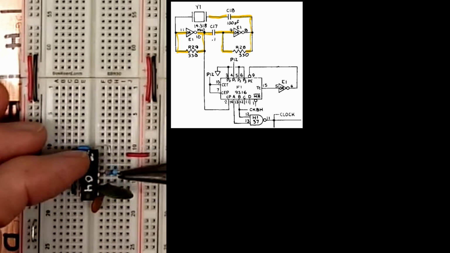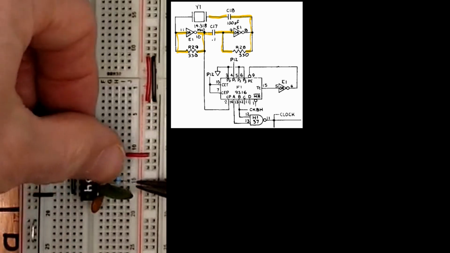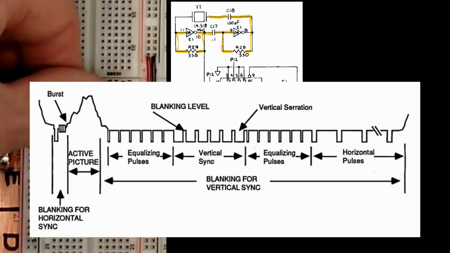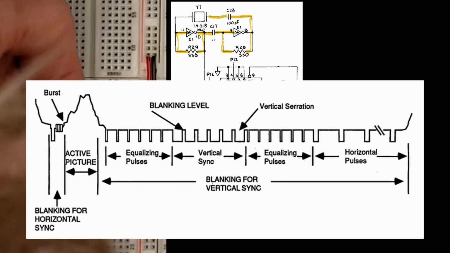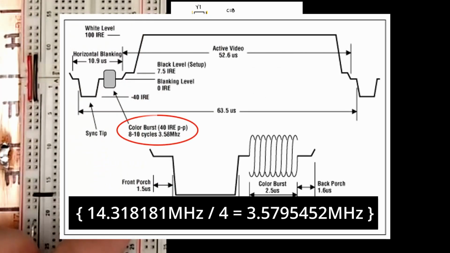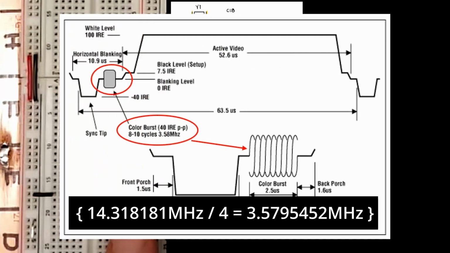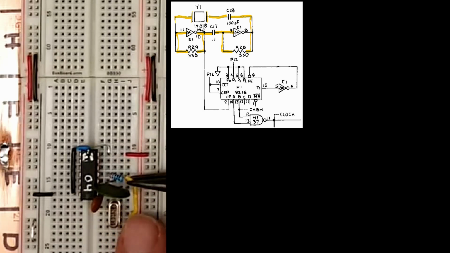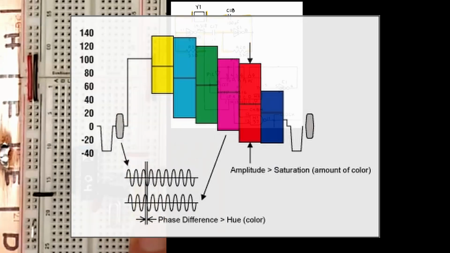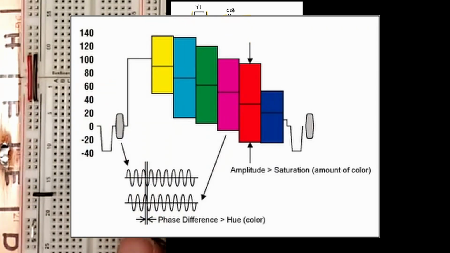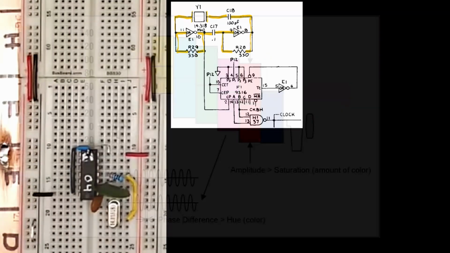Now, why such a strange frequency? Well, these are cheap and ubiquitous, but more importantly, you can derive most of the standard video timings from this. For example, the well-known color burst frequency is our oscillator divided by 4. Now, this game doesn't use color, but if present in a composite signal, colors in the video part are determined by a phase shift from the color burst reference frequency.